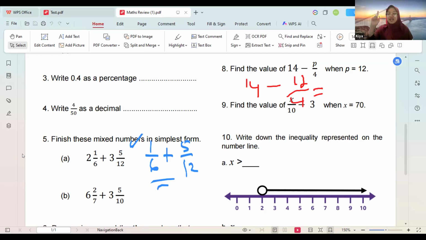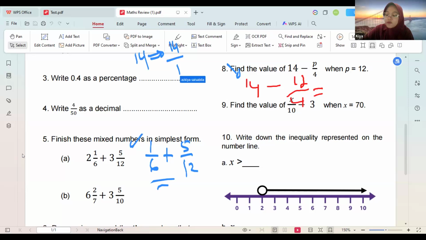Okay. I will give some clue. If this is just a number, right? This is not a fraction. Is that a fraction or a number? Number. Okay. So if you find a number, and then operated by subtraction, is that addition or subtraction? You need to change from the number to the fraction. If I just say 14, it's the same as 14 per 1.